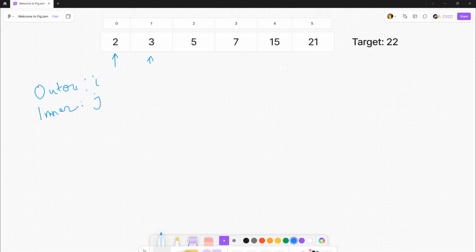So we can sum up 2 plus 3, which is 5, which is not equal to target 22. Then we can increase j, which is 5 here. And 2 plus 5 is not 22. Similarly, 2 plus 7, 2 plus 15, 2 plus 21, none of them is the target